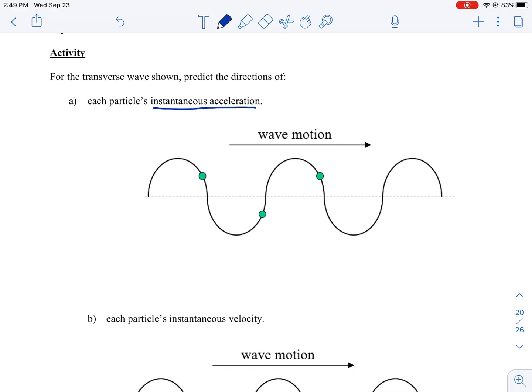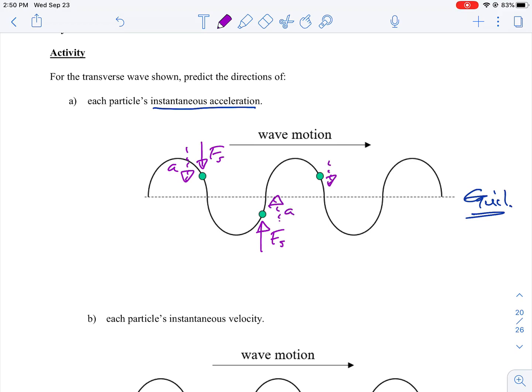Now it turns out this is actually very much like simple harmonic motion. They want to be at equilibrium. That's where they want to be. They do not want to be displaced from equilibrium. So if we take a look at the one on the left, we know that that one is going to experience a force, let's say like a spring force, for example, downward to bring it back to equilibrium. It's called a restoring force. So that would be the direction of its acceleration. Similar for the other ones, the force will go back to equilibrium, and therefore that's the acceleration.